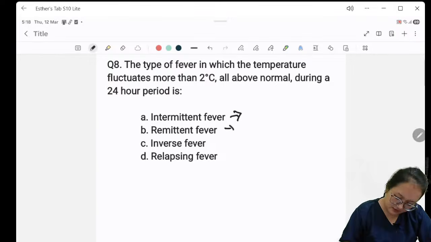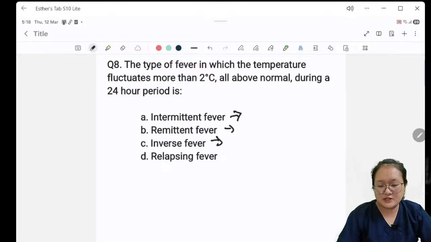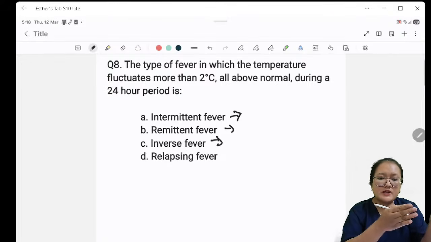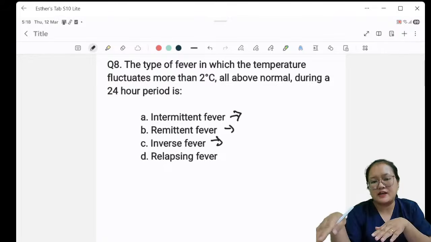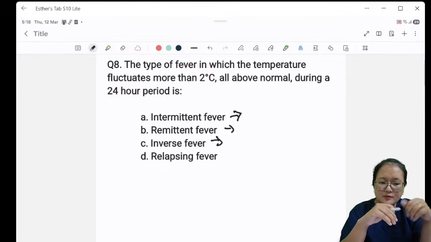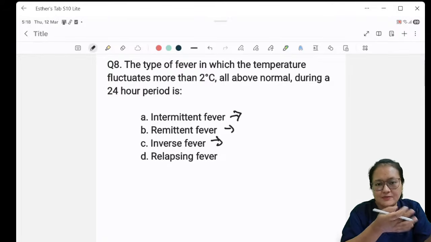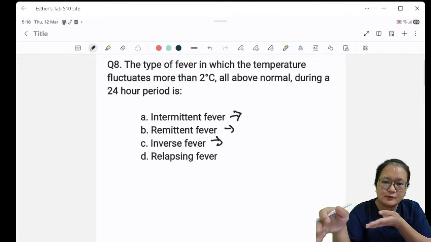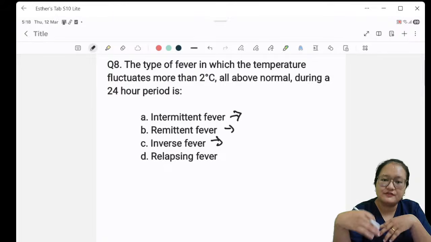Then when we say inverse fever, normally our body temperature drops to the lowest in the morning, and in the evening it is at the highest. However, in inverse fever, instead of our body temperature being at the minimum in the morning, it becomes the hottest. There will be fever in the morning, and in the evening there will be no fever. That is called inverse fever. Okay,